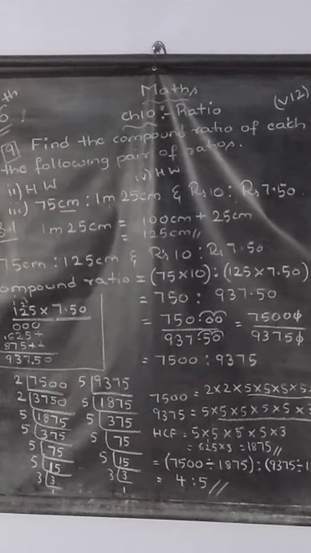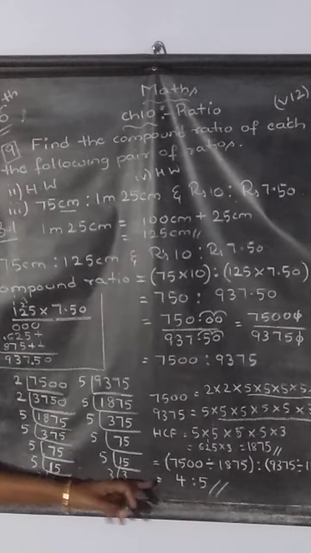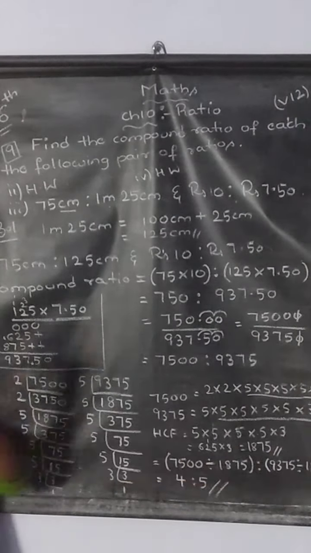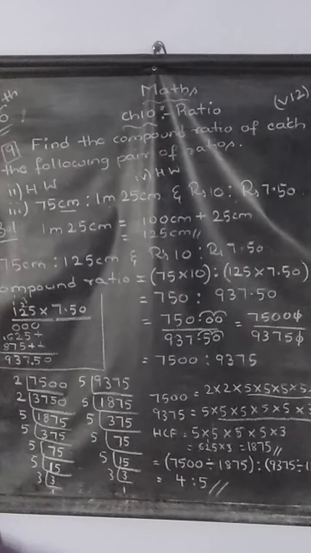Or else if you are getting confused with this method, you can do the division directly in the side work and you can enter your quotient. Okay children, I have written directly. You do one thing, in the side work you do both the divisions and whatever answer you get, enter here, you will get the same answer. That is 4:5. Okay children, so this is said to be the compound ratio of the given two ratios in its lowest form. Is it clear children? Have you understood with this sum?